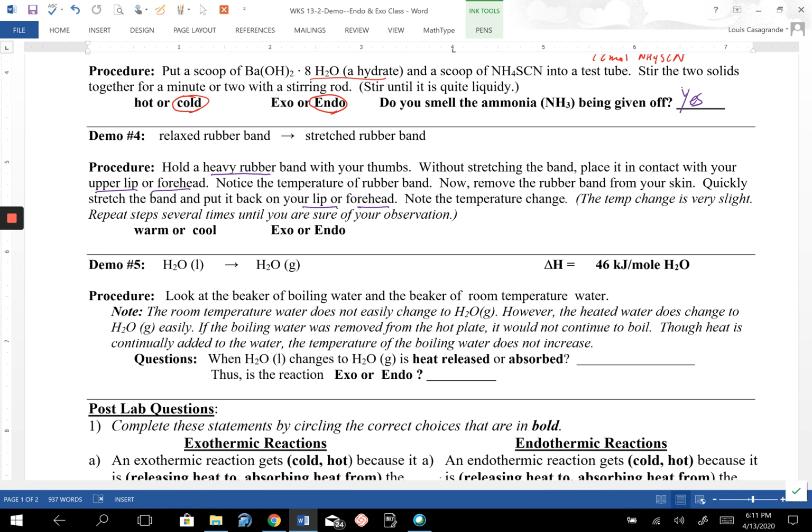So what did you feel? You should have felt that it got warmer. And so this is an exothermic reaction. Now, the reason it's exothermic, we're going to start looking at this in a few days, is that when you go from a relaxed rubber band to a stretched rubber band, the stretched rubber band